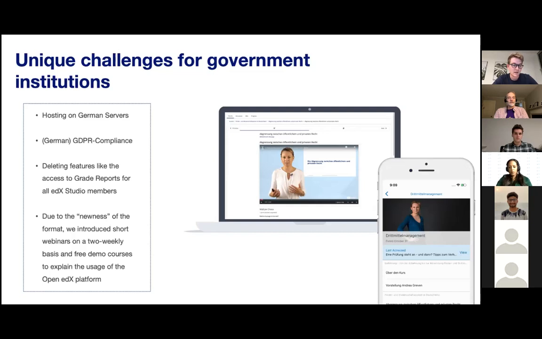And then the second thing is, the course that you see here is an online course for managing third-party funding. You can purchase this course online through the website of the topic expert, Andrea Greven. Because this is very new, we give them a small demo course for free to join, and then afterwards they can purchase the entire course.